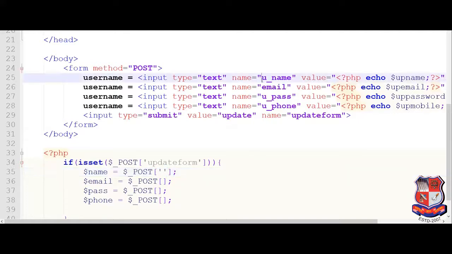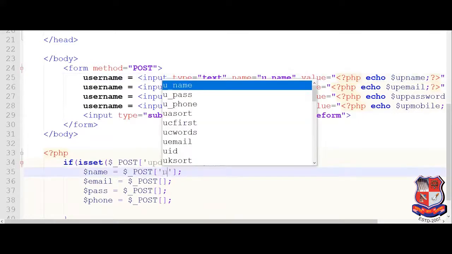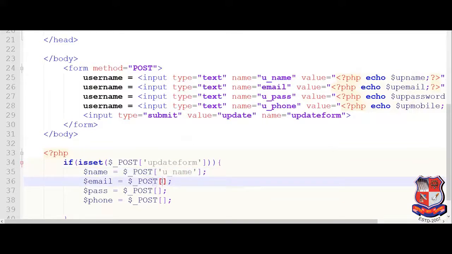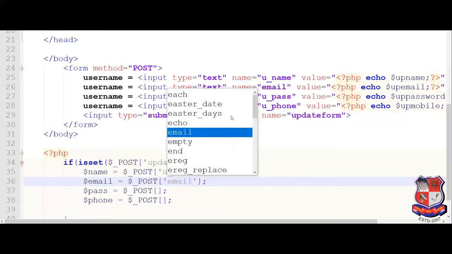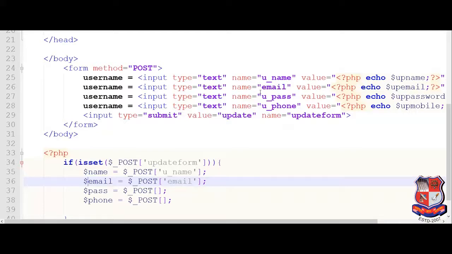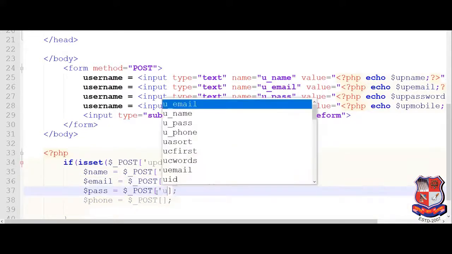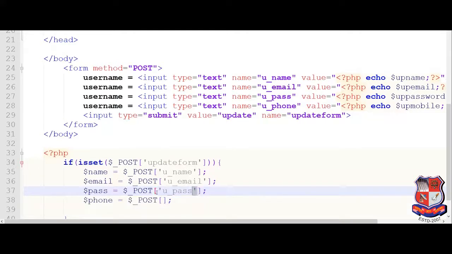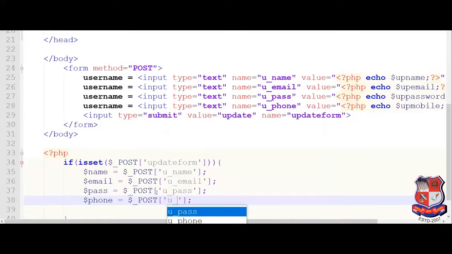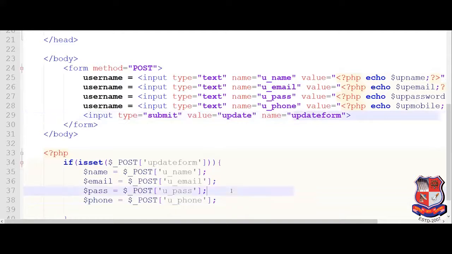Inside the single quotes we require u_name, u_email. Here we had only written email, so to reduce the conflict, let's say u_email, u_pass, and u_phone.